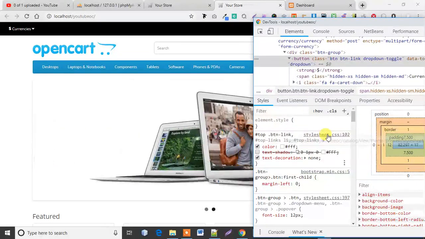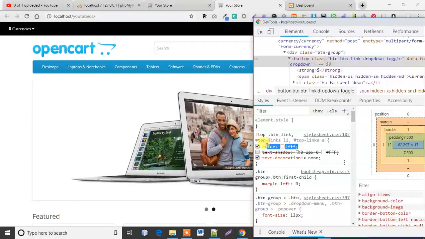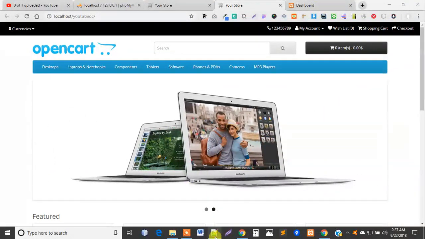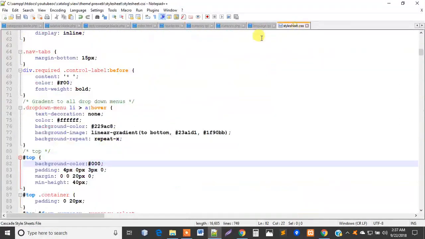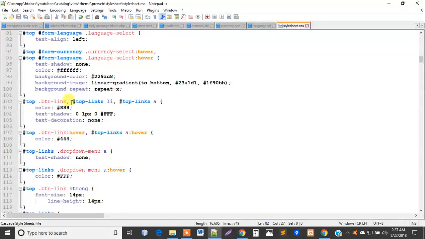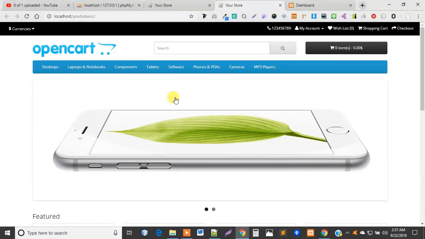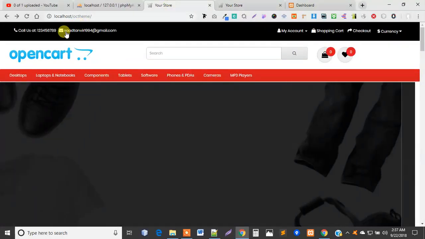Now I have to go to line 102, replace this color and remove the text shadow. Go down, go to your style sheet, go to line 102, and remove these two, and do this. So now you can see I have